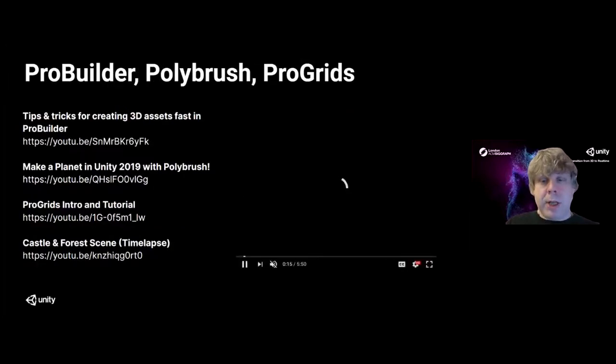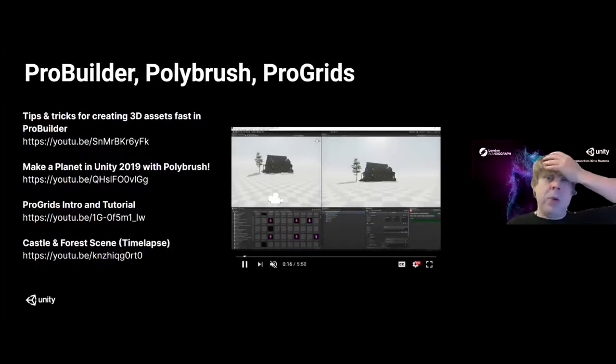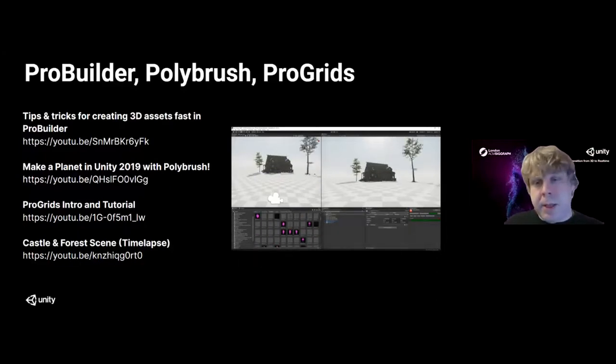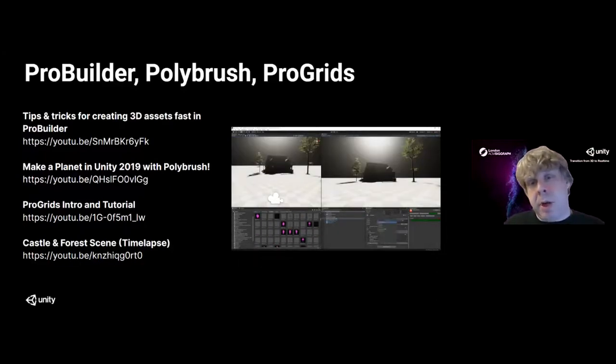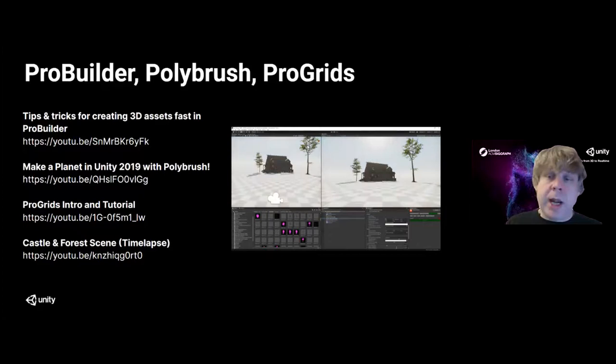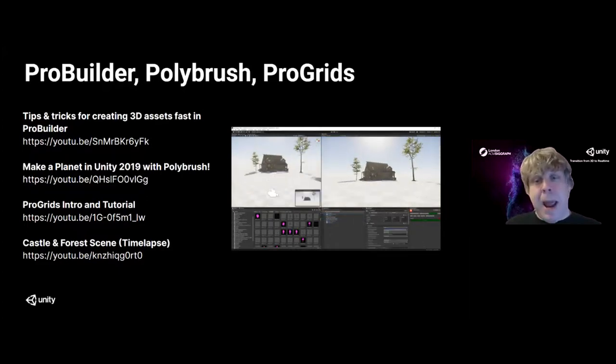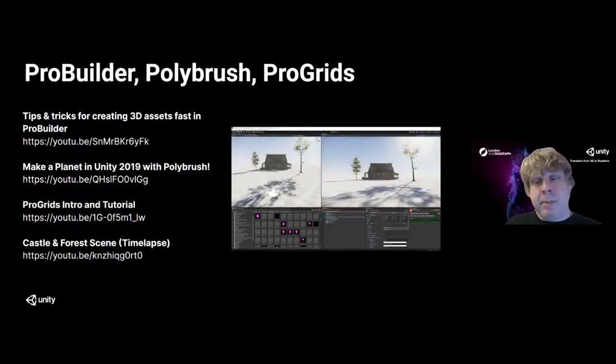ProBuilder and Polybrush, I love this. These are some of our tools. This is basically what our painting tools is, Polybrush. So you can sculpt geometry, kind of like Maya Artisan, but you can also paint and scatter objects. So it's very easy to take that Fontainebleau asset, build out a palette of a bunch of trees and paint a lot of stuff.